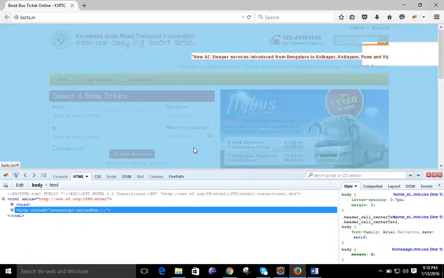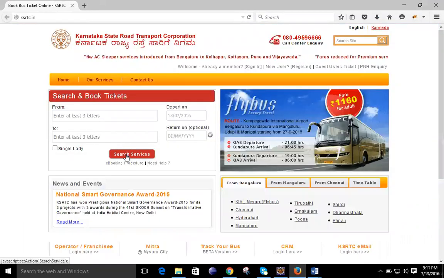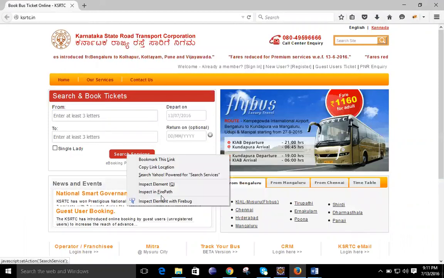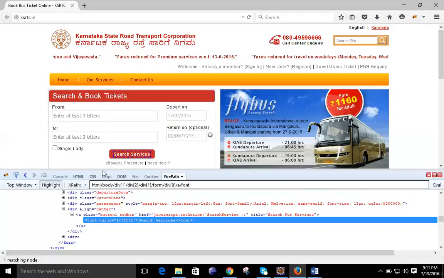We have to click directly on this search services, so right click over here and you can use any one. At your screen, the XPath for this field is available. If you go for this search services directly, this will be your XPath.